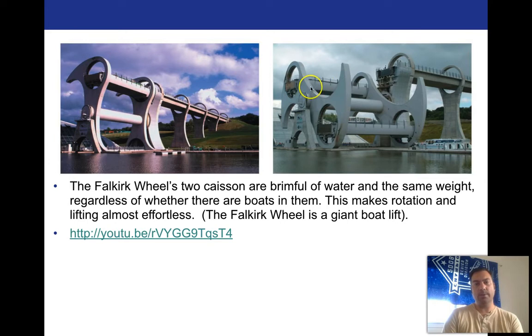And so as a consequence, it turns out it doesn't take that much energy at all to rotate this thing. It only really just takes about enough energy to overcome friction. You're not doing a whole lot of lifting because the net force on the whole situation as this goes up and that goes down is balanced. So this is a really cool apparatus. And as far as I know, this is the only one of these in the world.